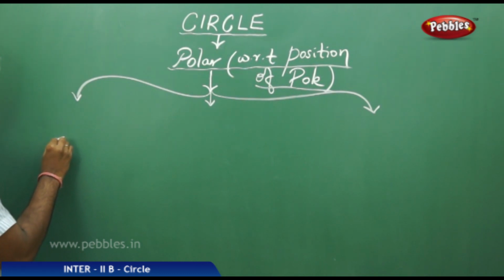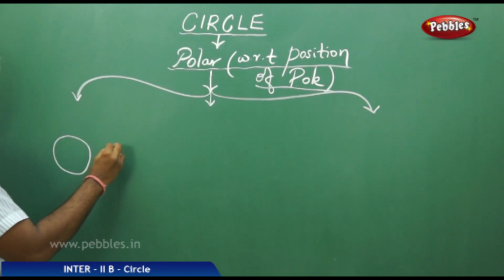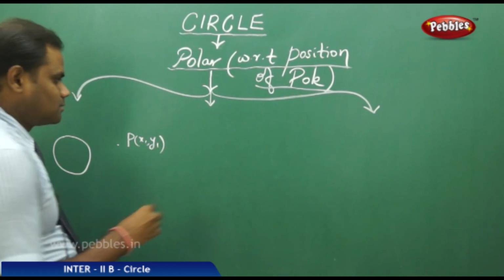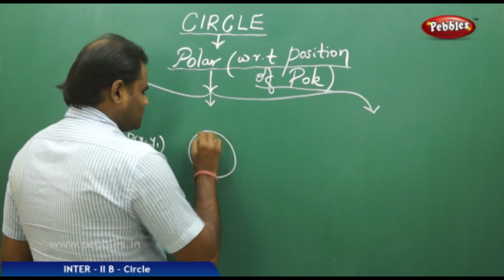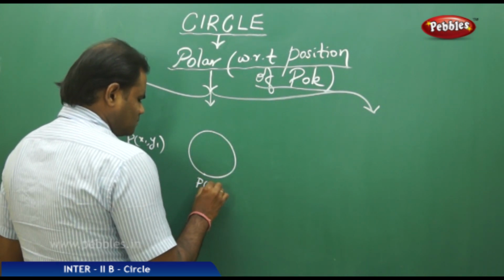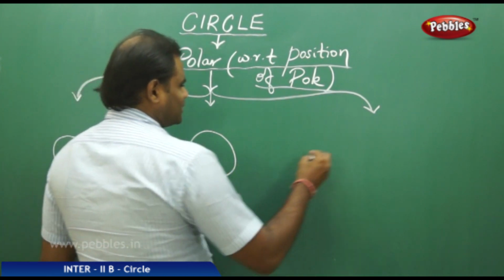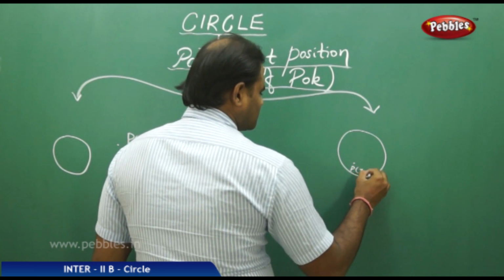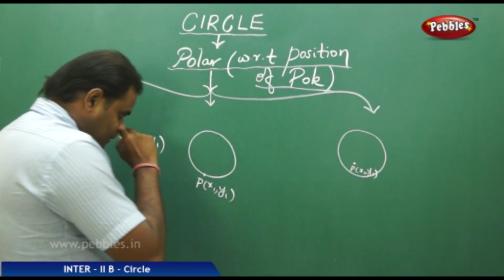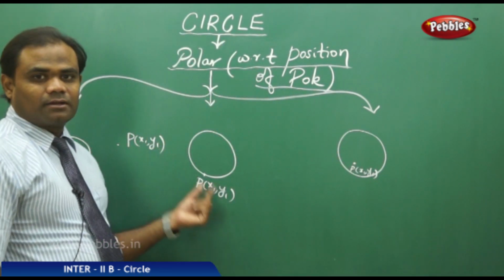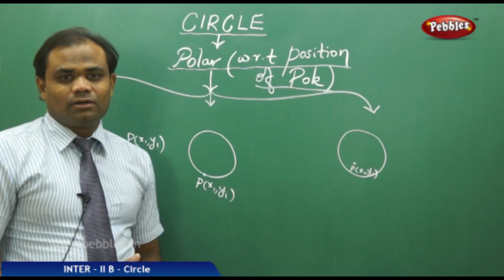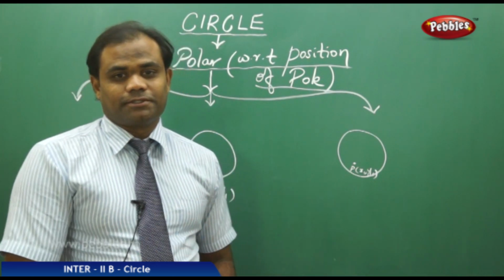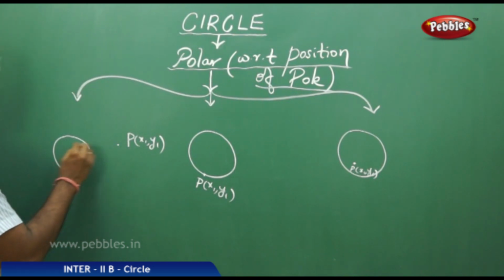Initially, I have a circle and a point P outside the circle, which is one case. Then I have a circle and P on the circle, and in case 3 I have a point P which is inside the circle. So with three positions, where P is outside, P is on, and P is inside, let's see what would be the respective polar for the poles in three different positions. So for P outside, let me take